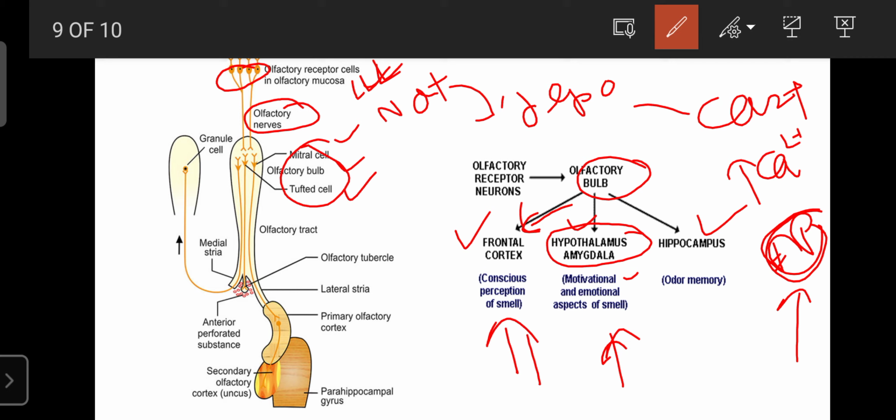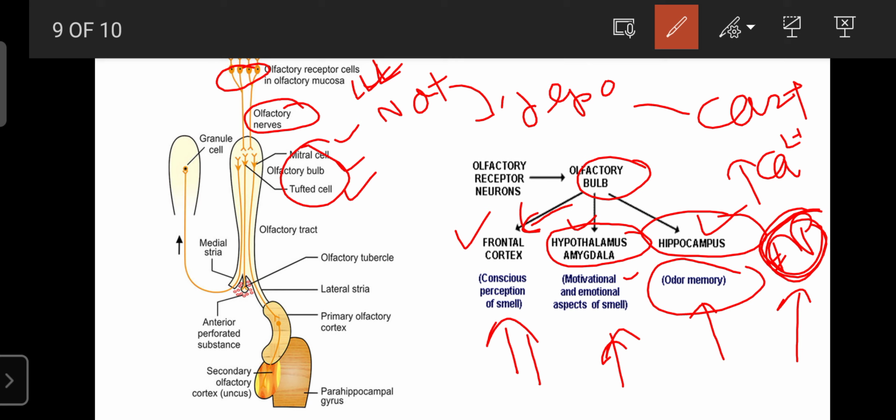Then if it is an odor memory type of smell, the action potential carrying that information reaches the hippocampus. The hippocampus is involved in the detection of odor memory. Then that detection reaches the cerebral cortex, the primary olfactory cortex, which works out the solution: what can we do, stay there, go away from there, or use a mask. Whatever answer is decided is returned to your nose and your hands with the help of motor nerves or neurons.